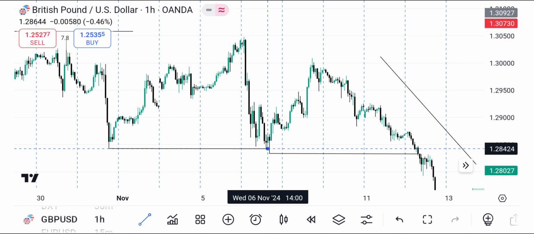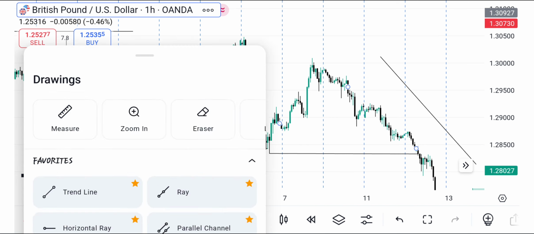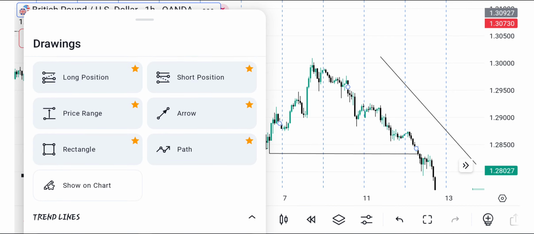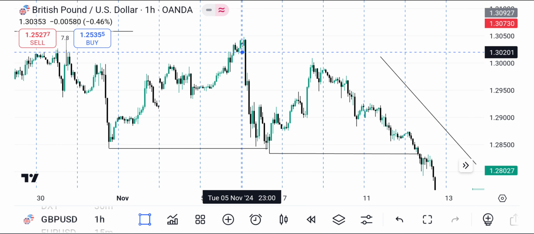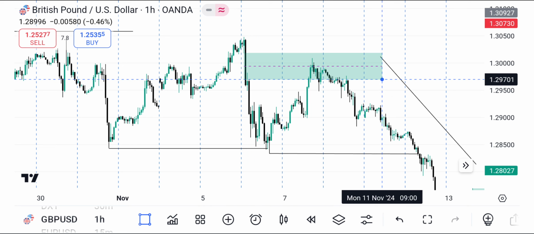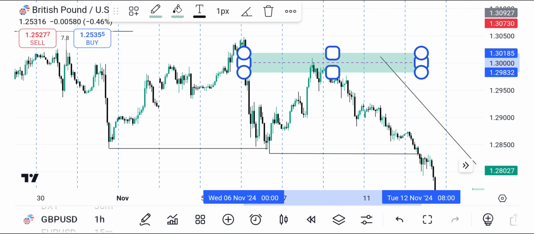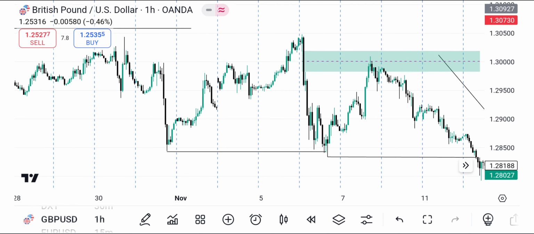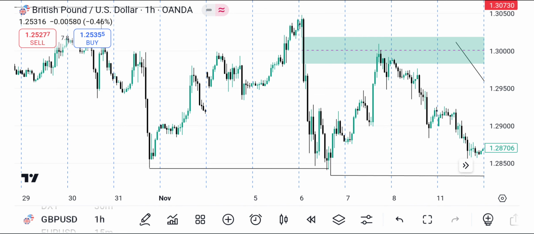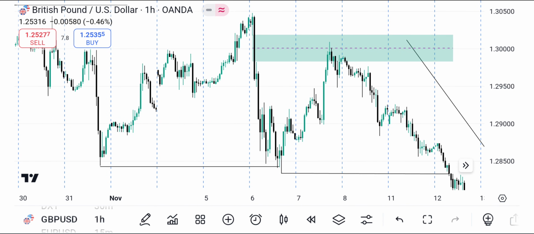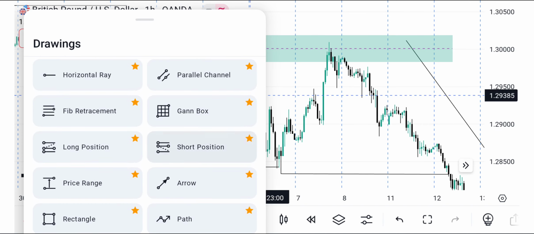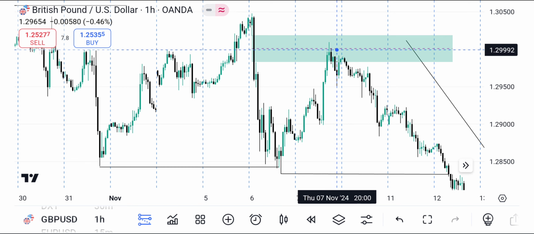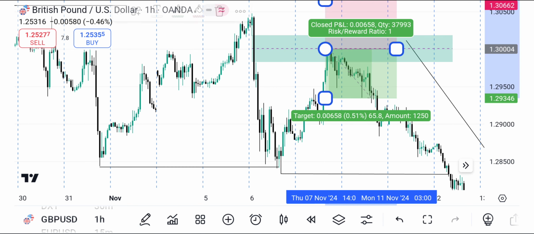You can see this is also a sell side liquidity, and then the upper there is an order block, and then we have a gap too, and this is our gap. So I was looking to sell at this gap, the main threshold of this gap, because the market will normally always fill this gap. So once I saw this opportunity, I was very confident that if this market retraces back to this fair value gap, I'm going to place a sell, and my stop loss is just above the gap,